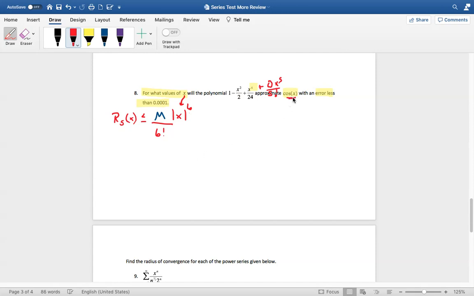And again, with sine or cosine, what's the maximum of the first, second, third, fourth, fifth derivatives, right? They're all sines and cosines. What's their maximum? 1. So they gave me the remainder bound. Do some algebra. So the absolute value of x